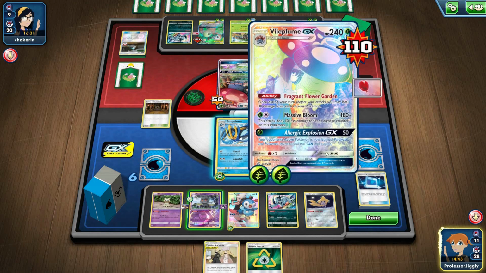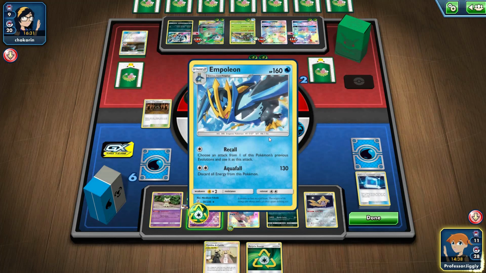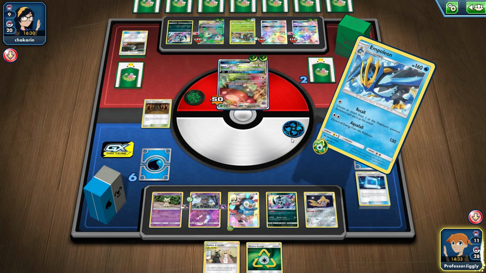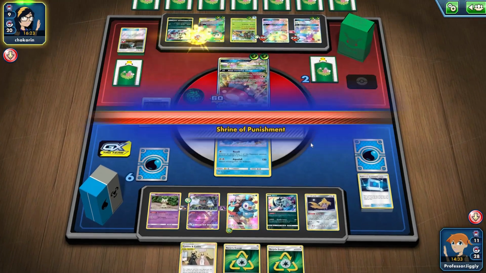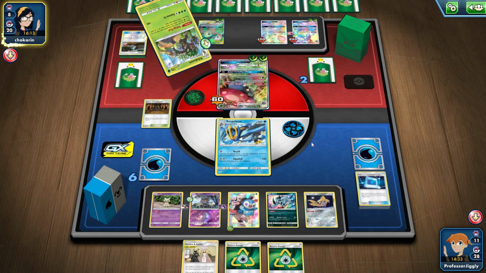So yeah, after all that, I got Empoleon here and just got to see if we can pull this off. Recall, we're going to direct dive. Finally get 100 on that. It's going to slowly kill it because the punishment will knock off the one on the bench because it can't heal. We will get Dedenne. They have the 2-shot, 3-shot, whatever. I should have enough time to get another Empoleon. And as you can see here, Rillaboom,